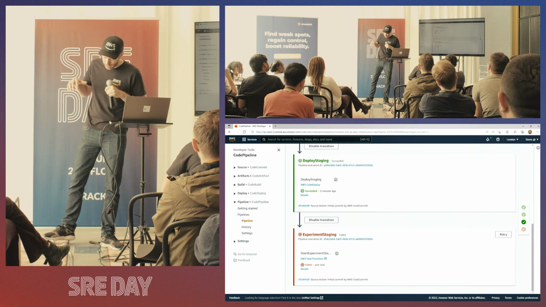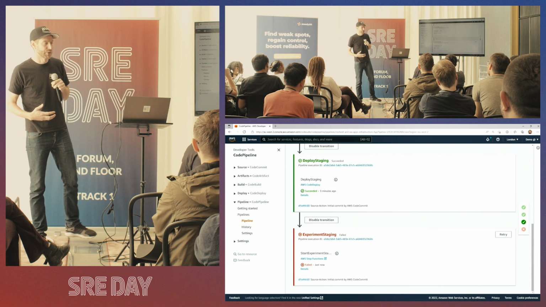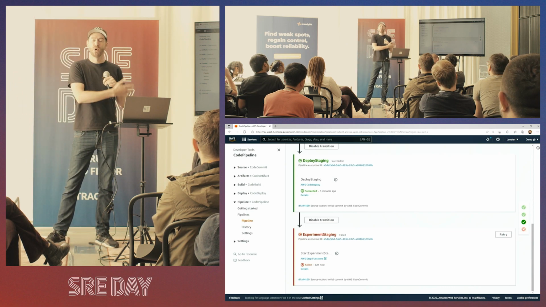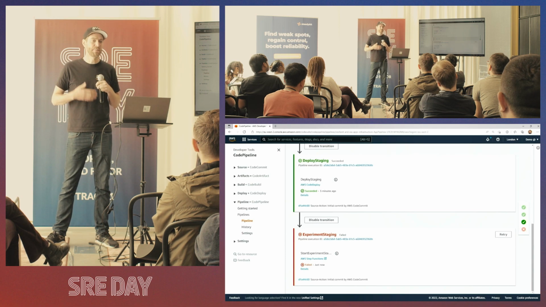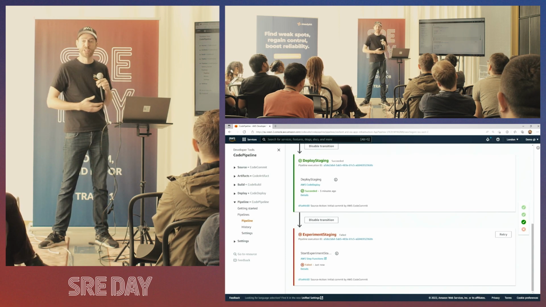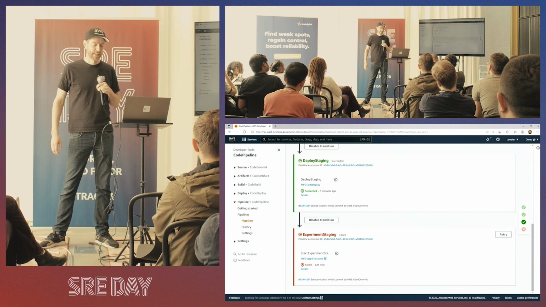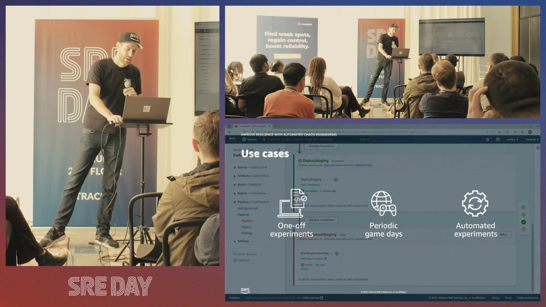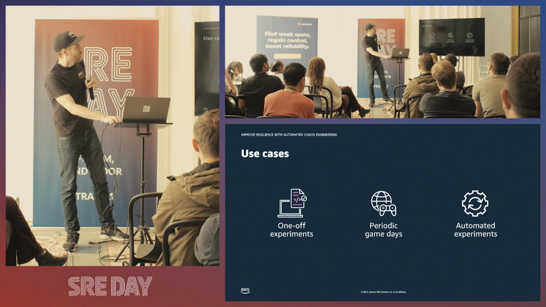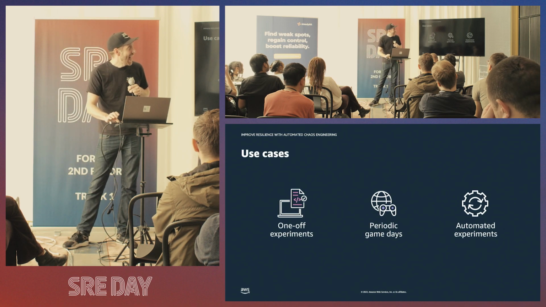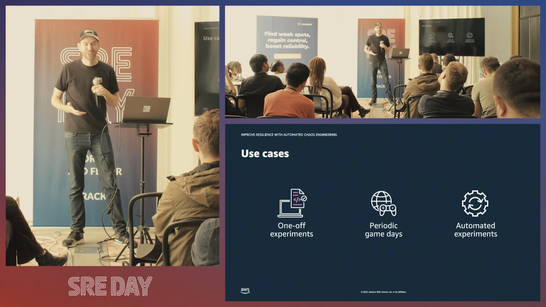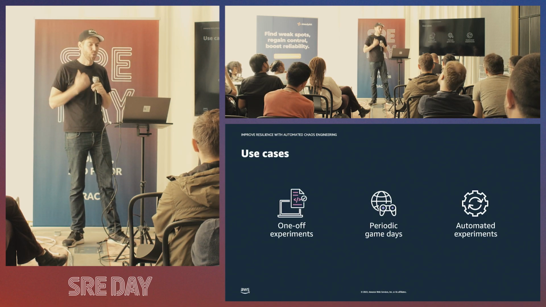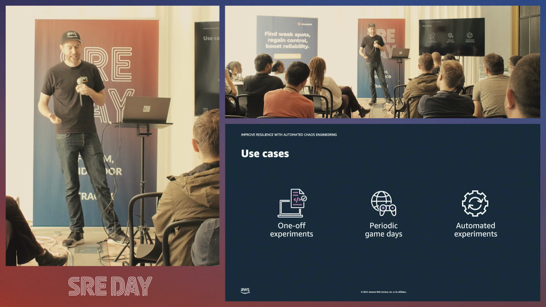And as our confidence in this grows, well, we can start promoting these experiments into production as well and run the same type of experiments on each code deploy into production as well. So with this added use case of automated experiments, I am definitely not saying that you should stop doing one-off experiments or the periodic game days.